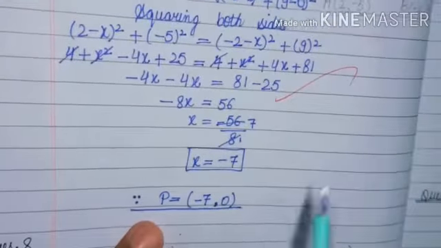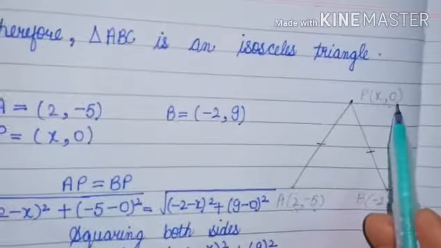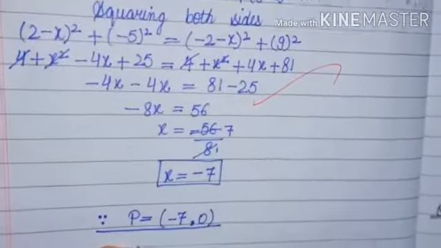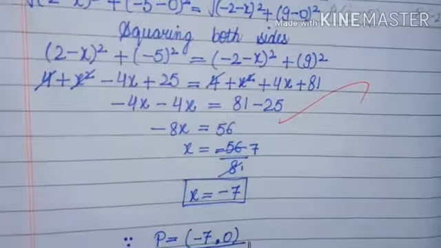Now the coordinates of P are (x, 0). The value of x is minus 7. The coordinates of P are (minus 7, 0). This is the